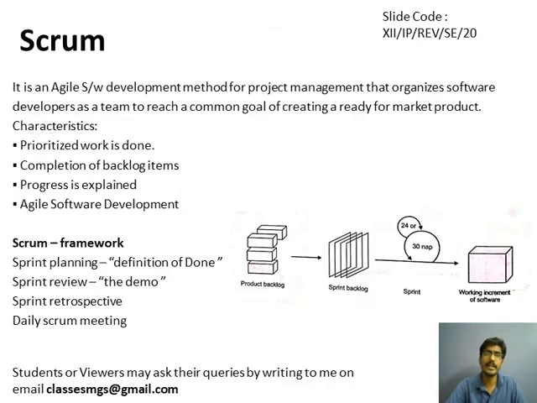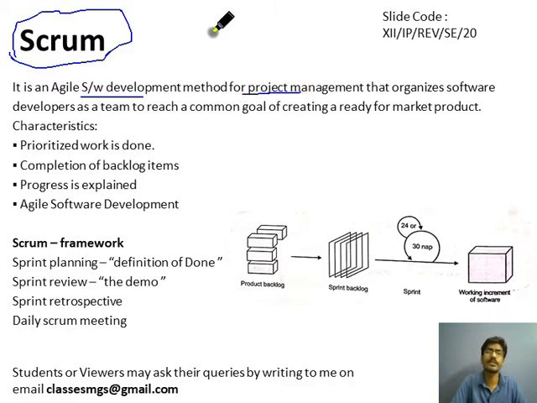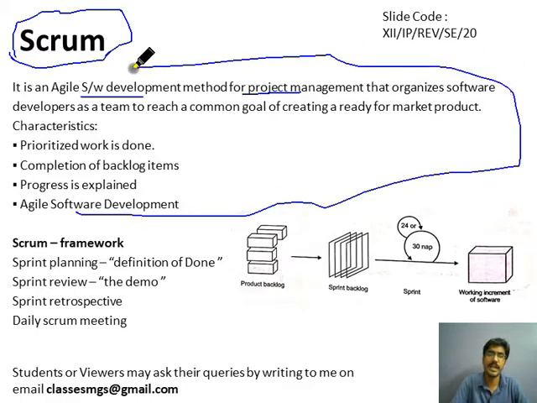Now we will see another concept called Scrum. This is an agile software development practice. Scrum is basically a project management approach in agile software development. If a question is directly asked, what is Scrum, for 1 or 2 marks, then you need to write that much only. If Scrum is asked, you can write that much information, it is sufficient.